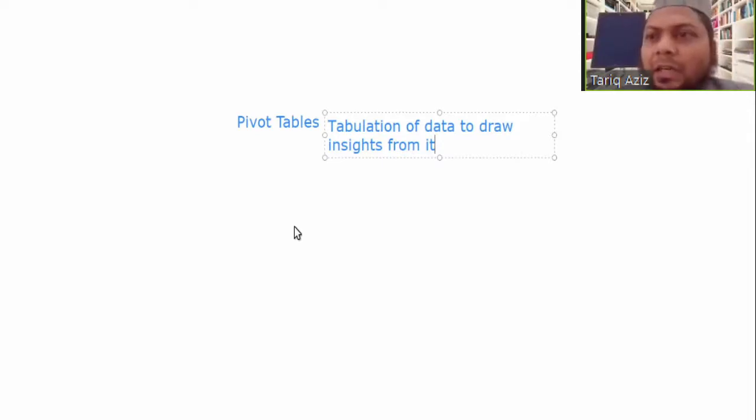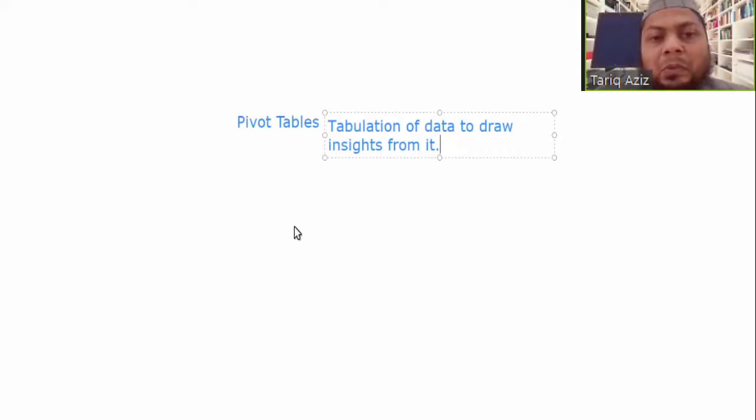So we can control the presentation of the data, which columns and sub columns, sub rows. That is why the word pivot. So pivot is a point through which we can control the direction of something, like in the old days it was used in the context of a ship.